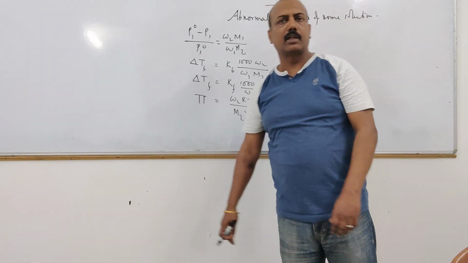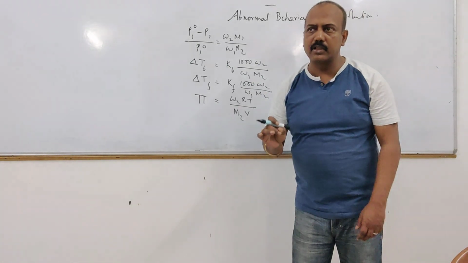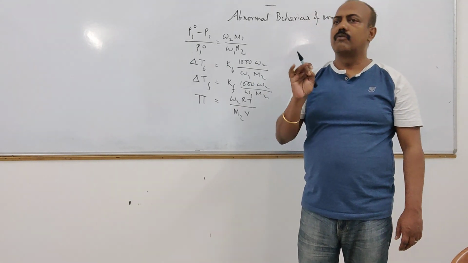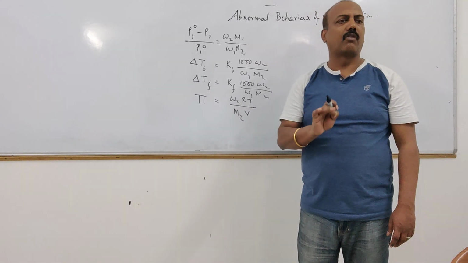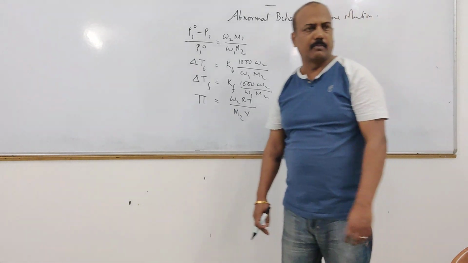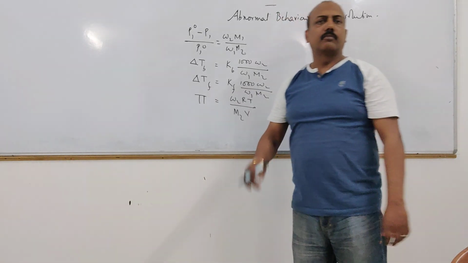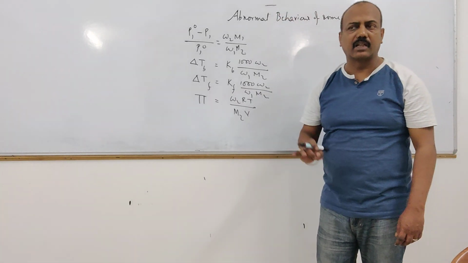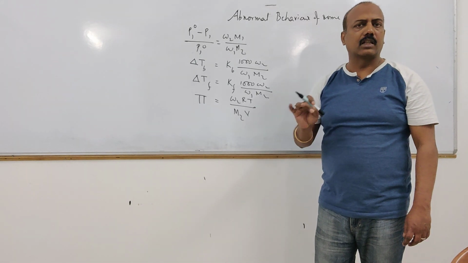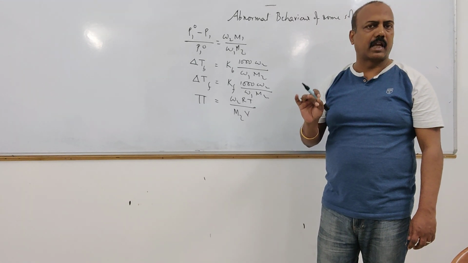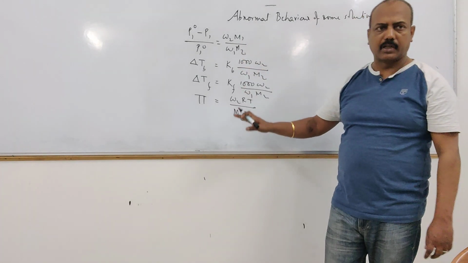Now again I am coming back to the definition of colligative property. What is colligative property? Colligative property means the physical properties of the dilute solution which depend on the number of solute particles but not on their nature. Can you remember that? It does depend on the number of the solute particles but certainly not on its nature. How many solute particles are there matters, but what the solute particles are does not. That is what is known as colligative properties.